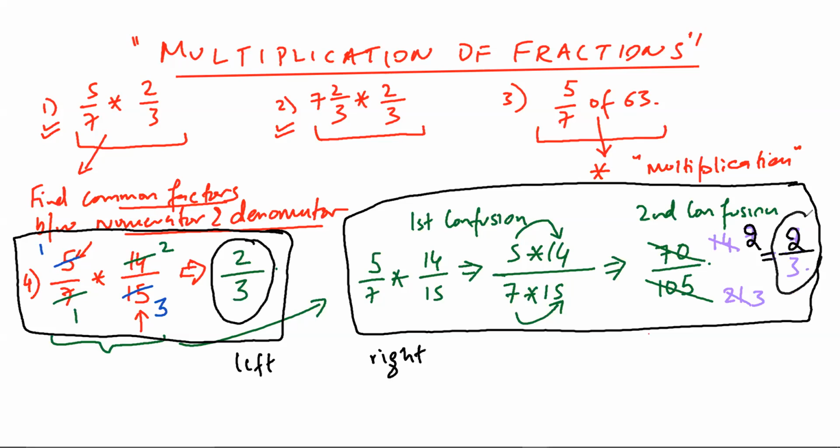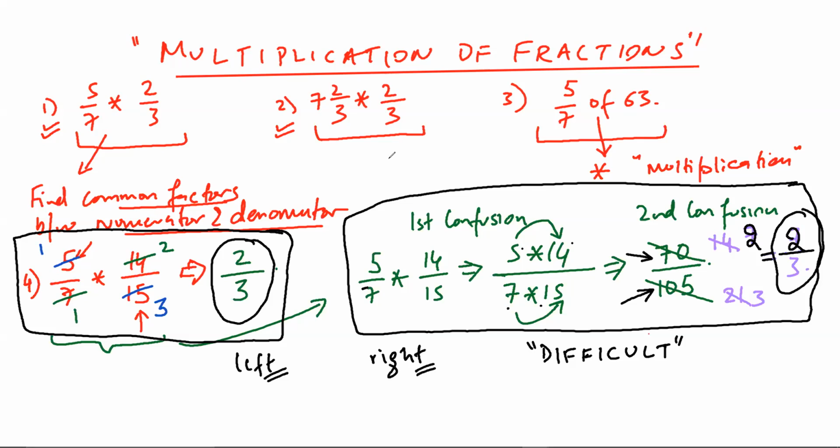So which method will you prefer? Will you prefer the left method or the right method? So the right one. Why will you prefer the right method? So I think it's easier. Okay. You find this easier. See, this will become a difficult method for a simple reason that usually when you are trying to multiply these two numerators together, you may make a mistake here, or when you are trying to multiply these two, you may make a mistake here. Have you understood?